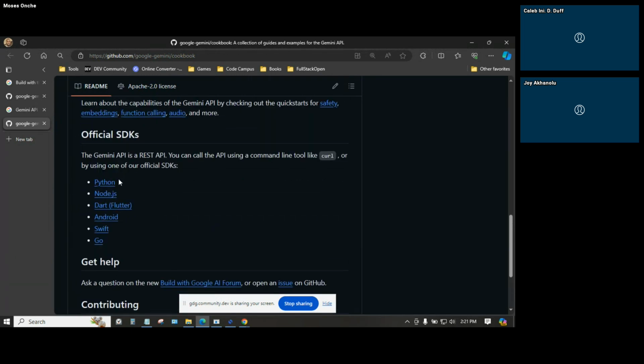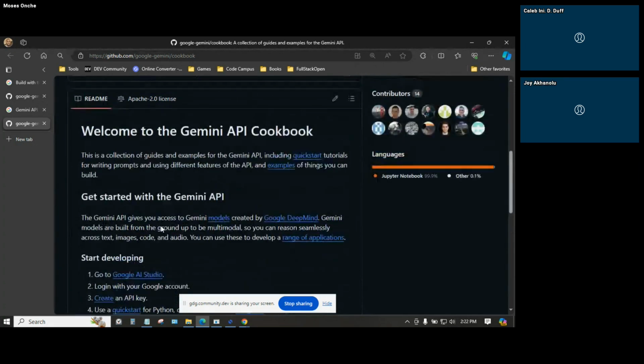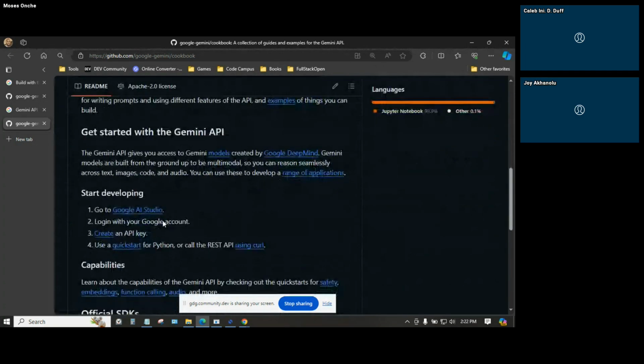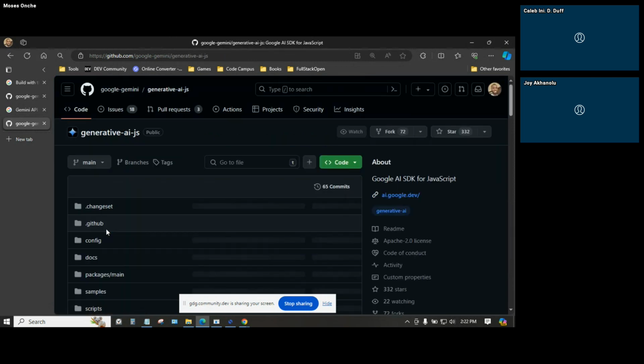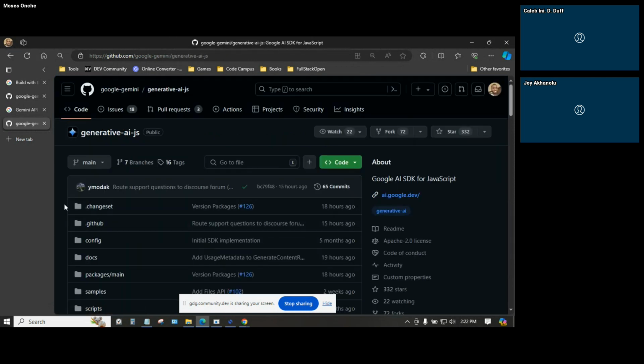All right. So you have various SDKs for each of these languages, and you can use them to build for what you want. This is from the cookbook itself. So if you pick, I'm a JavaScript guy by the way, so I would go with Node.js. Okay, Python person, you pick Python, that Android, whichever programming language you're conversant with. So for people who are new to programming as a whole or new to AI as a whole, first you need to be able to understand the programming language and to be able to use it before you would be able to use